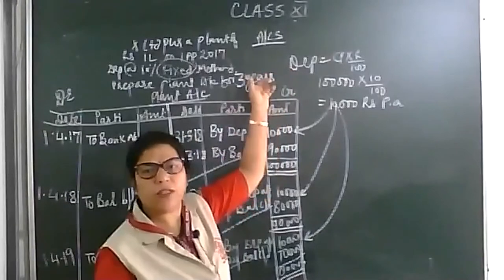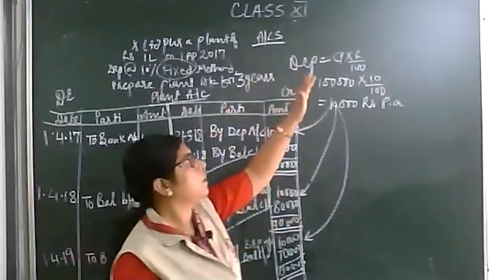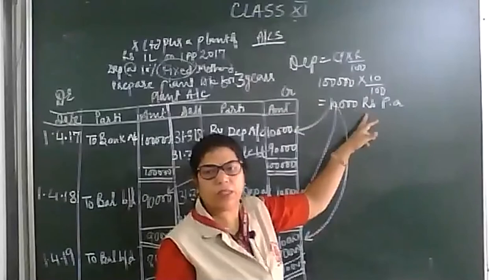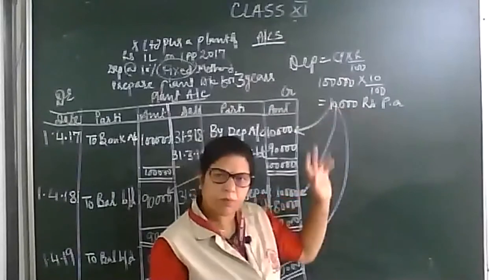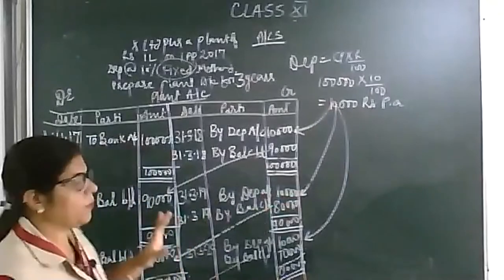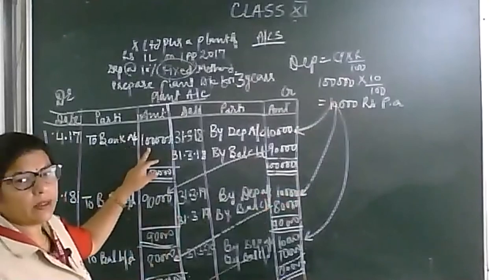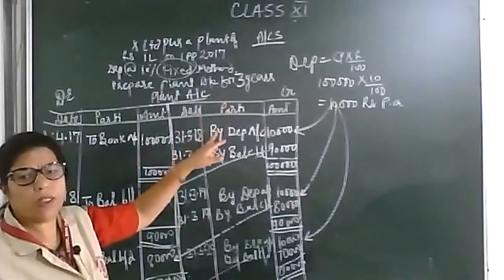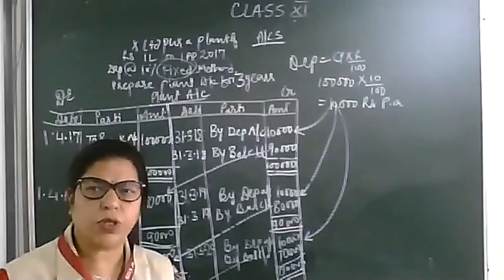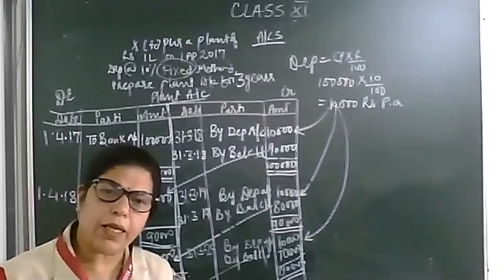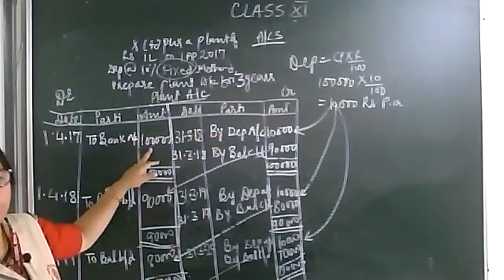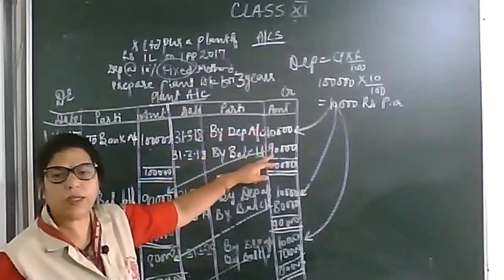First, the fixed method is there, so the depreciation amount will be fixed. The formula is this: cost price into rate upon 100, 1 lakh into 10 upon 100, 10,000 rupees per annum. Per annum means for the full year, the amount of depreciation will be 10,000. Now, the bank 1 lakh, the depreciation amount you already calculated. How to calculate the balance, my dear? In the previous classes also, I explained how to calculate the balance. Yes, deduct the smaller one from the big one. This is 1 lakh, this is 10,000. So 90,000 will be the balance.